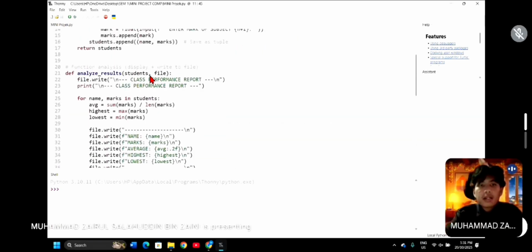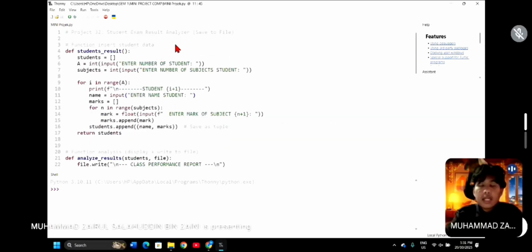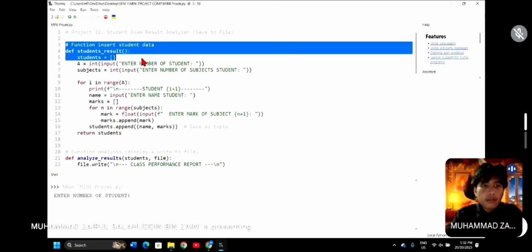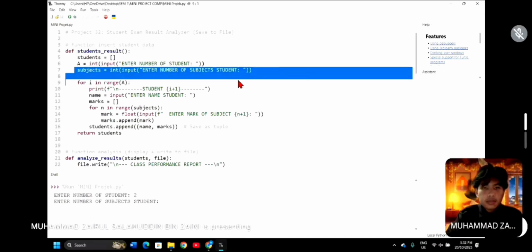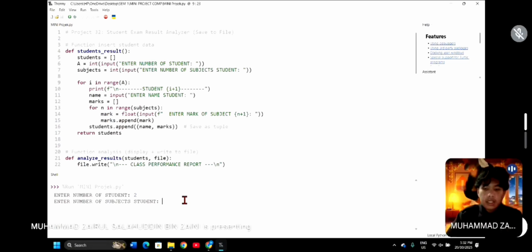Alright, for my part, I will present our output. Let's run. We got "enter number of student." This question comes from this paragraph of coding. Number of student, I will type, then number of subject. We got this from here, and I will get into